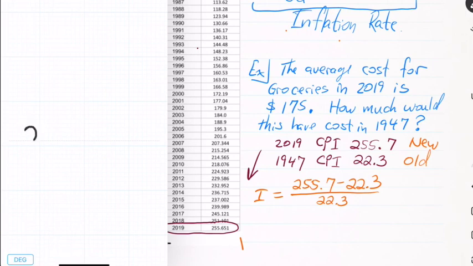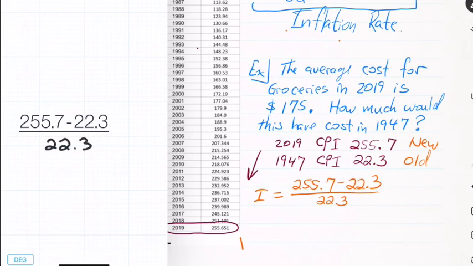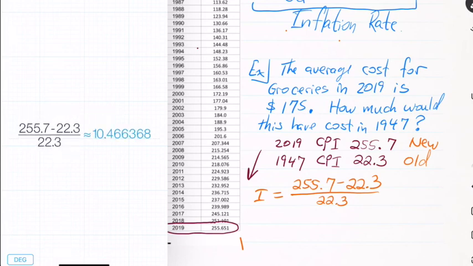And if we calculate that, 255.7 minus 22.3, make sure your calculator does the long line, gives me a nice set of parentheses. I would highly suggest, again, just subtract first, hit enter, and then divide by 22.3. And that way you don't make any silly mistakes. So this is 10.5,